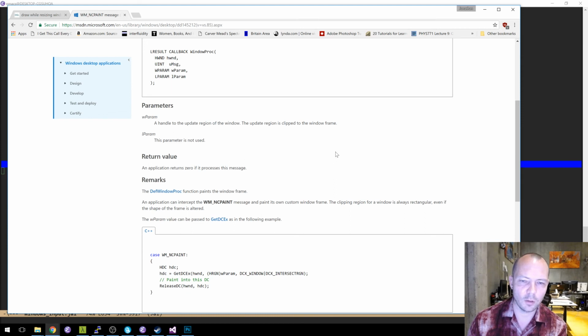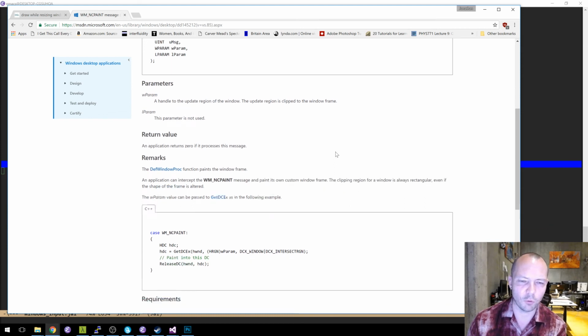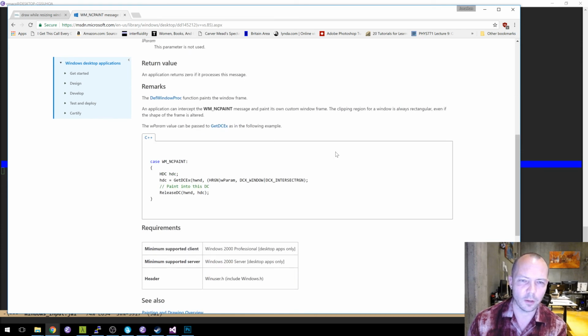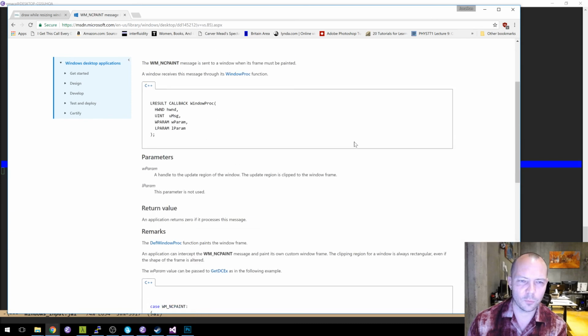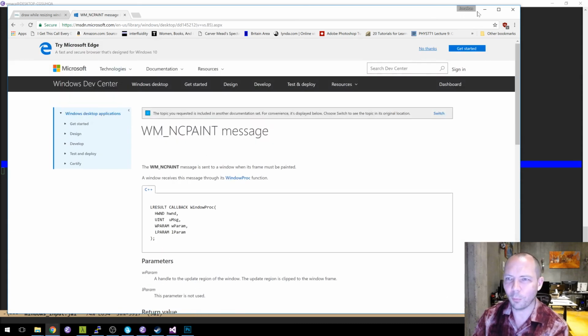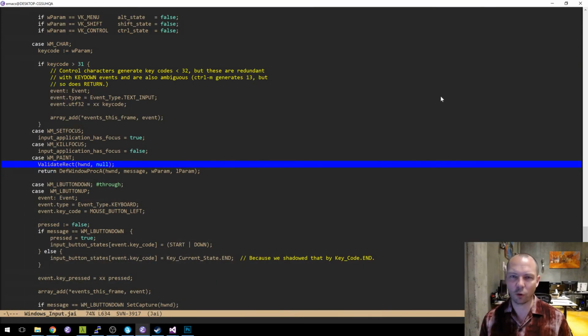Application can paint its own. Oh, that's just for the window frame. Right. I don't see how that helps me unless I can respond to NC paint in some way that prevents the blocking. Yeah, I don't want to mess with the non-client area.